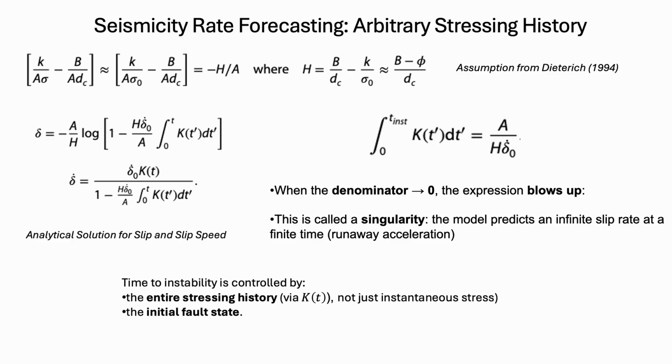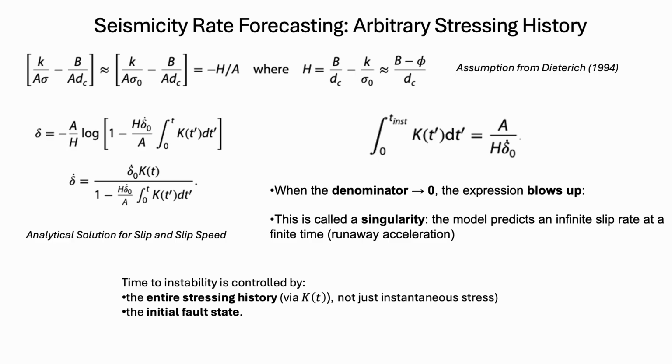In this formulation, one of the assumptions is that if you integrate the stress kernel from 0 to time to instability, it renders this form: A by H times your reference slip rate. This formulation has been highlighted in the Heimisson and Segall paper, and they also show how this has been calculated. So in this equation over here, if you add in the stress kernel as shown in the previous slide,